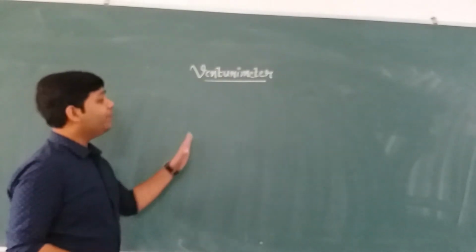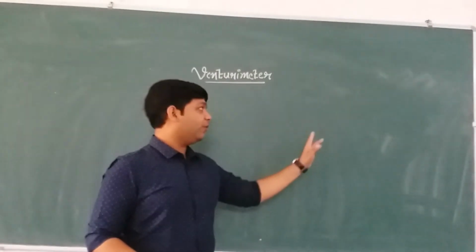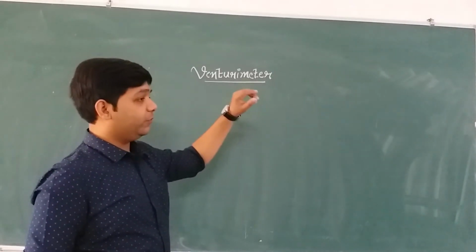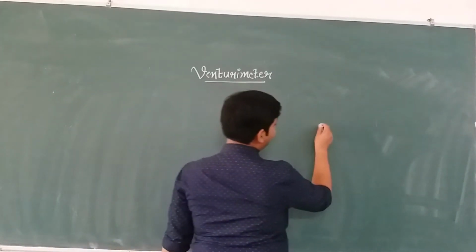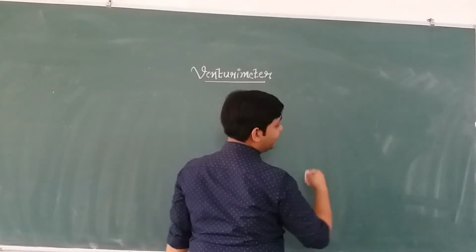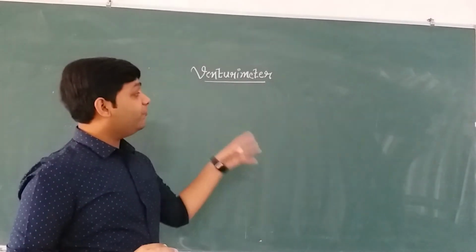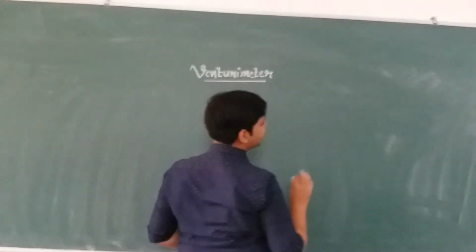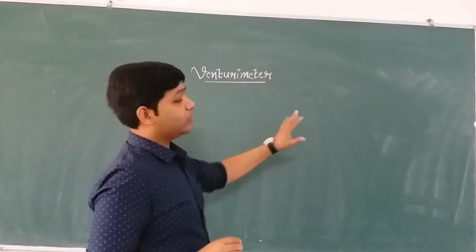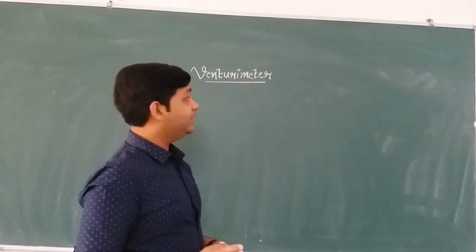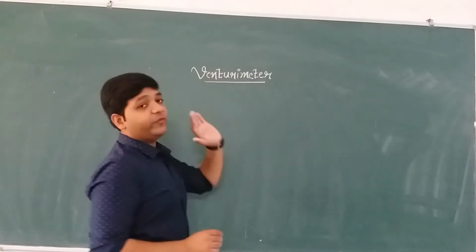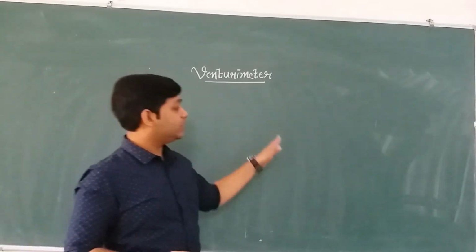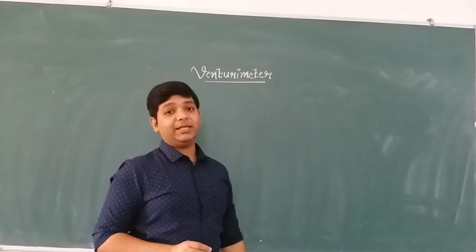Now by the equation of continuity we know that the product of the cross-sectional area of the tube and the velocity gives you the volume rate of flow. Now we know if we take any two cross-sectional areas, then A1 V1 is equal to A2 V2. But what if we want to calculate the velocity with which the liquid passes through the cross-sectional area? This we have not learned yet, and this is the function of the Venturi meter. The Venturi meter enables us to calculate the velocity of fluid through any cross-sectional area.